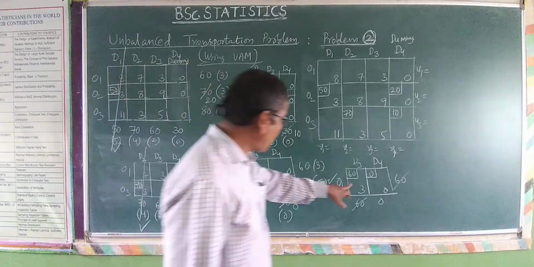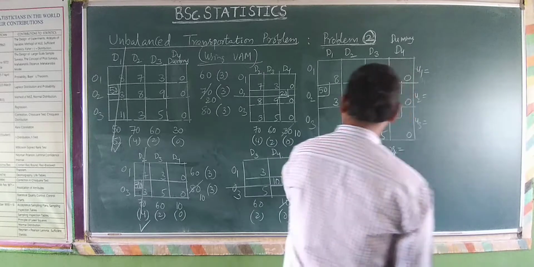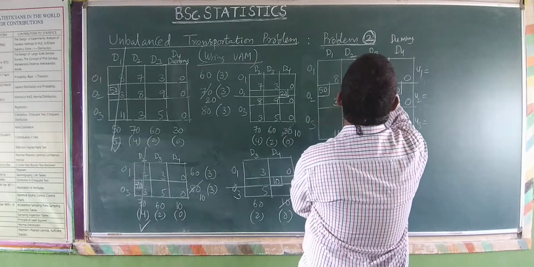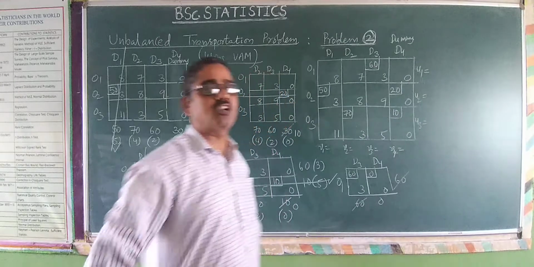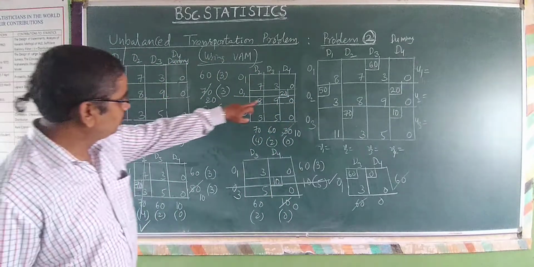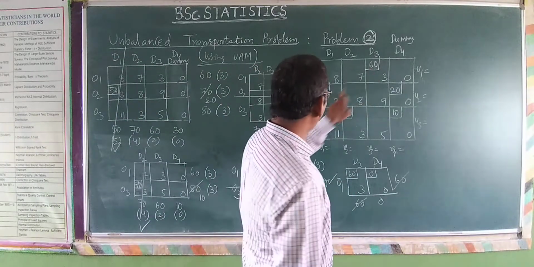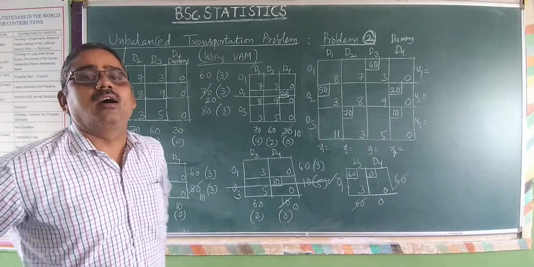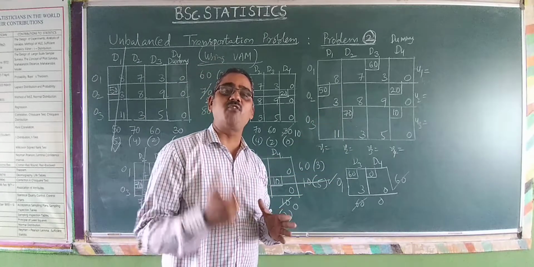And then the remaining value 60 and 0. X13, this is x13, this one is 60, and this is 0, but of course I am not writing it because it's not a basic cell, it's not a quantity. How many are there? 1 2 3 4 and 5. Finished. Now what you have to allocate, you have to calculate. This is the initial solution by VAM.